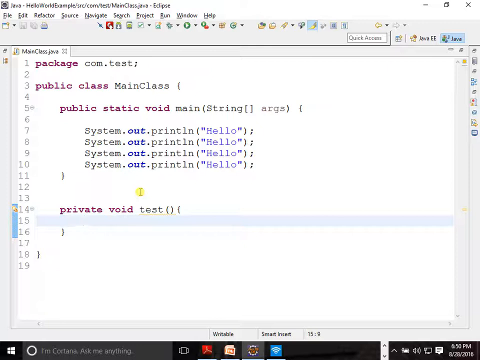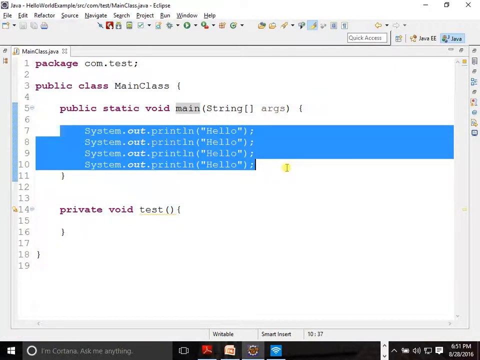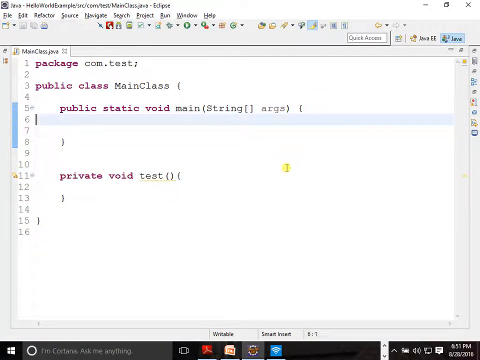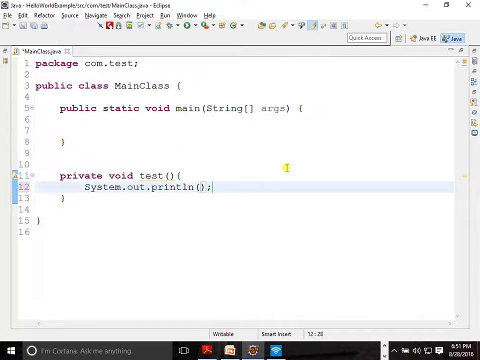Now, can you tell me, can we call this method from main? Yes or no? Got it? What is my question? I want to call this method, I want to print something here.